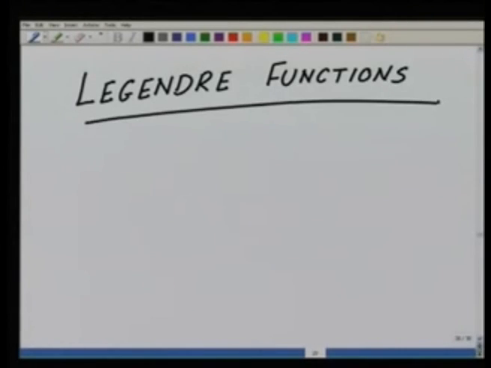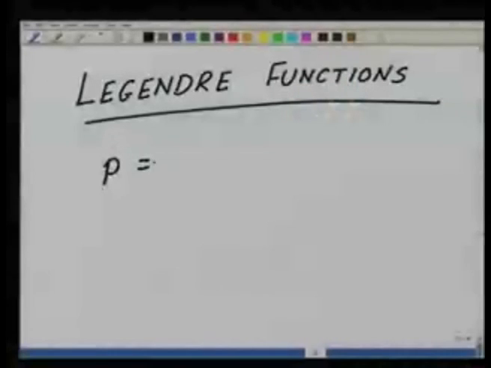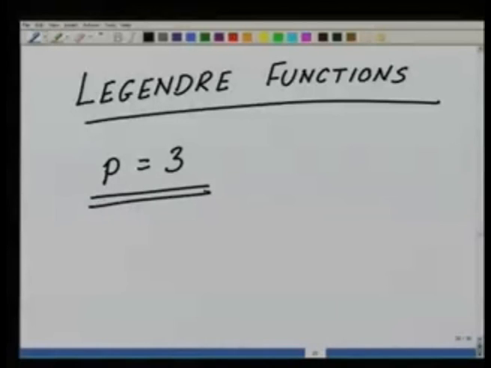In the next class, we are going to look at the cubic approximations, the p equal to 3 approximation, how to construct these basis functions, how to do the elemental calculations, how to go for the load vector, and from there we will generalize to the pth order approximations. Once we have done the pth order approximations, we can do a finite element computation using any order of approximation in the domain. After that, we will see how they are going to benefit us. Just doing them is not enough. Why we should do them and how they are going to benefit us is going to be in the future lectures. Thank you.